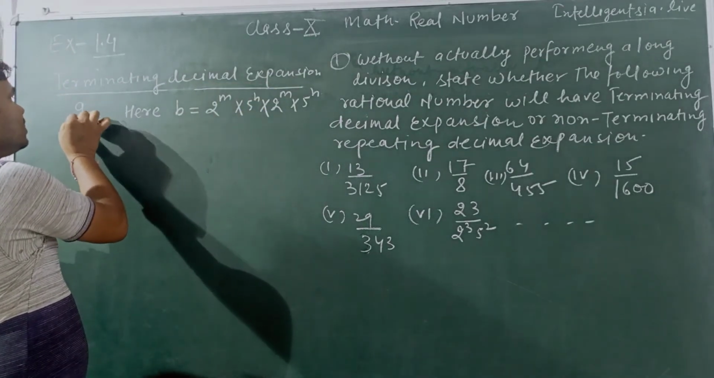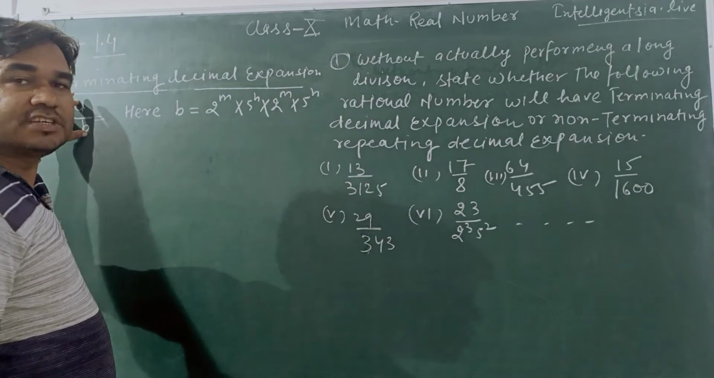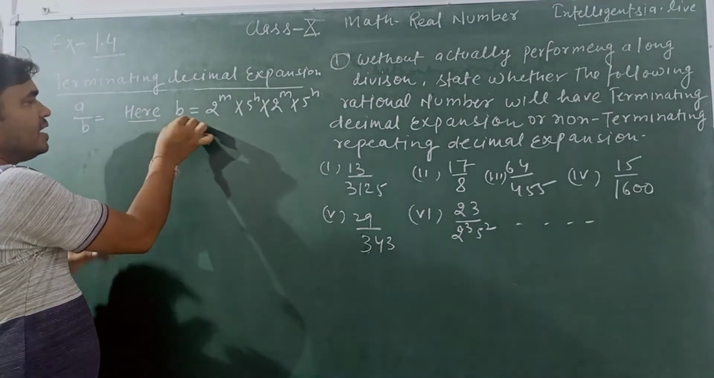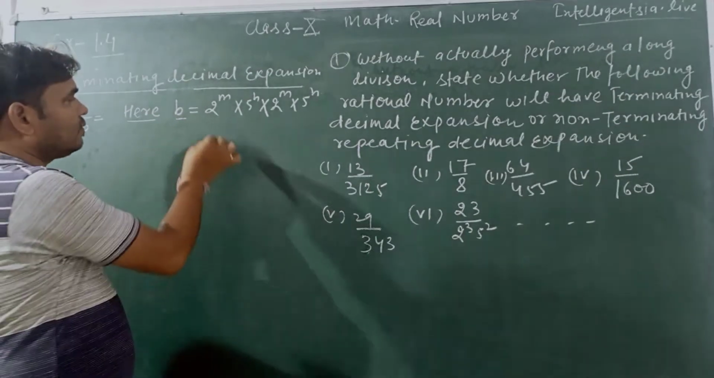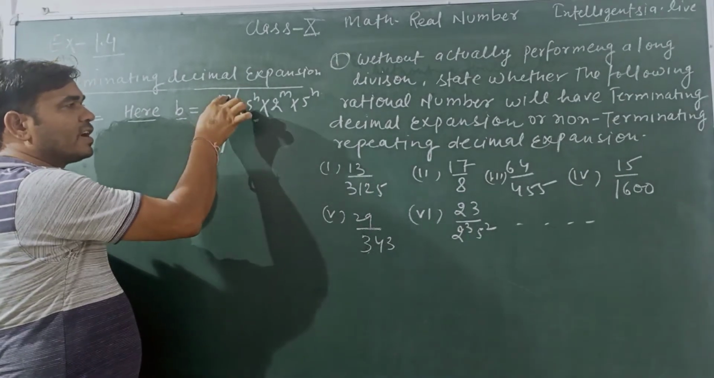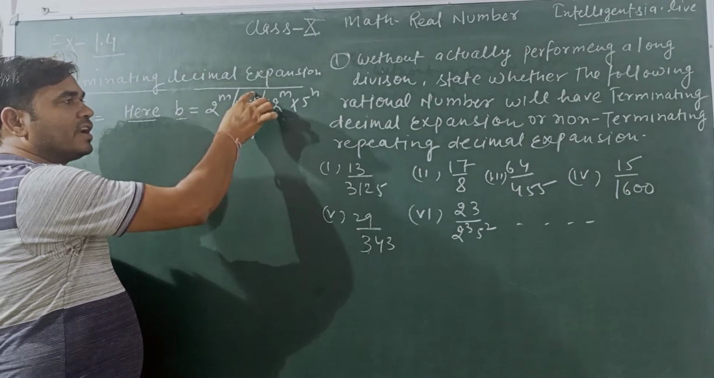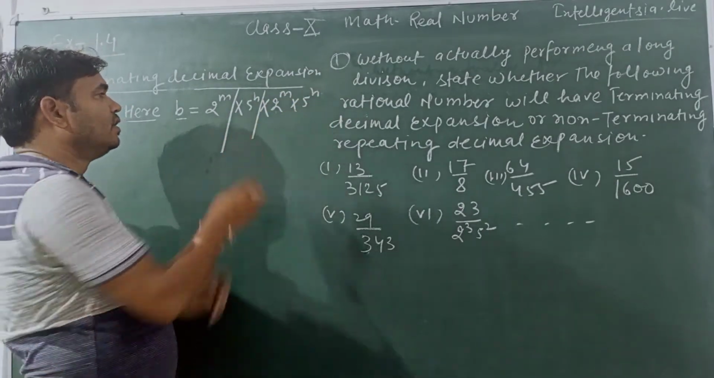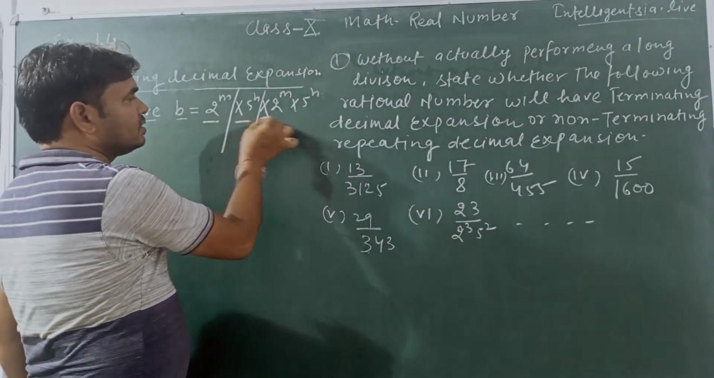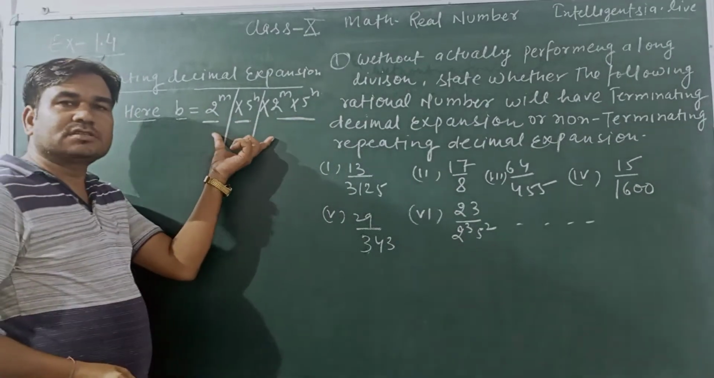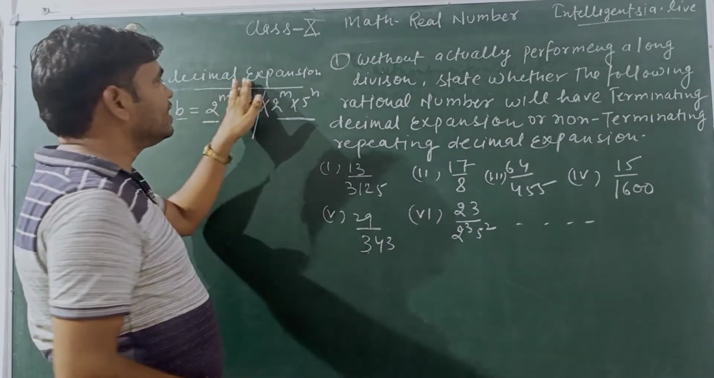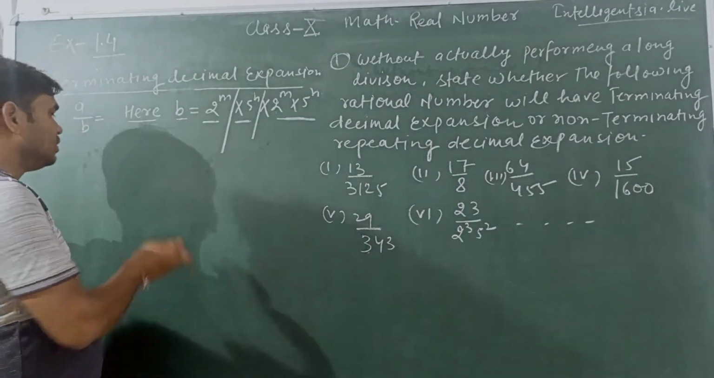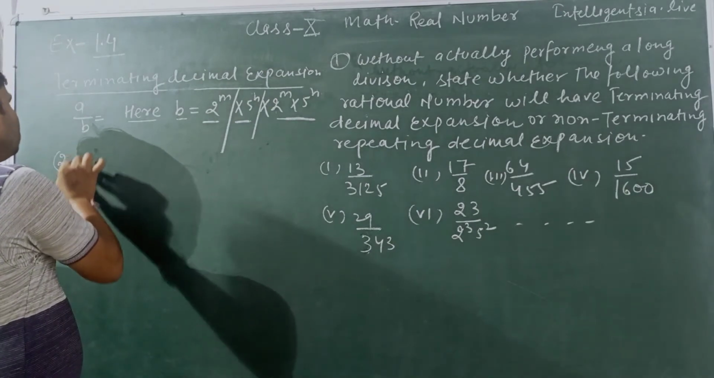You know students, this is the form of a rational number a over b, and here the denominator should be of the form 2 to the power m, 5 to the power n, or 2 to the power m multiplied by 5 to the power n. So this is the condition for terminating decimal expansion in the denominator. And second, we talk about